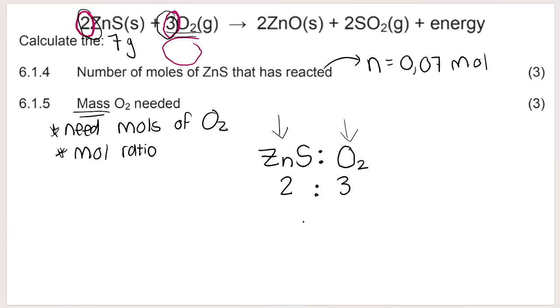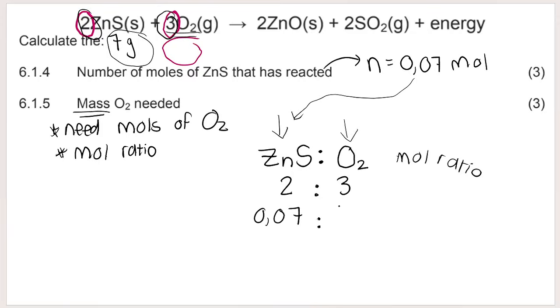And then I know that, remember, this is a mole ratio. I'm going to write here mole ratio. So we don't put mass in the mole ratio. So we can't put 7 into this ratio. It's not a mass ratio, it's a mole ratio. So that means I need to put in the number of moles of zinc that reacted. So